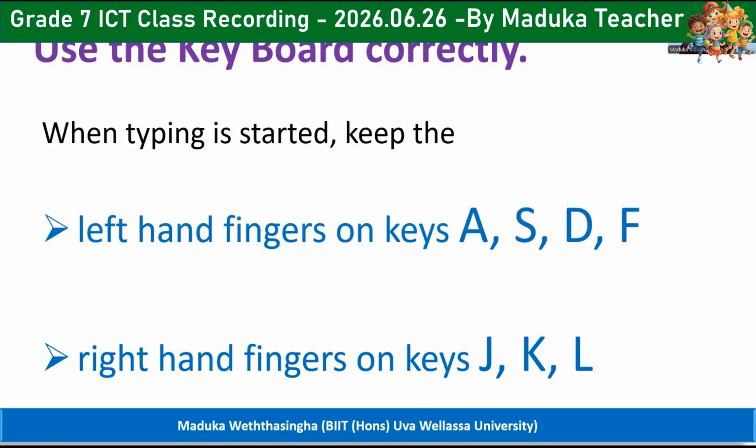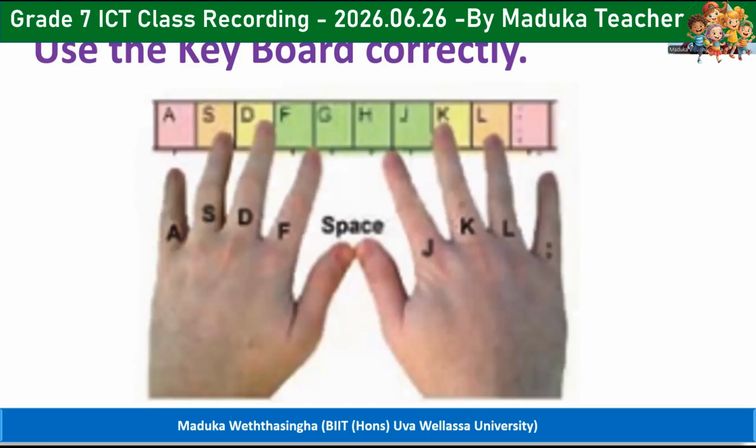We have to keep the left hand fingers starting from A, S, D, F and right hand fingers on keys J, K, L. Right? J, K, L. So let's see this picture. So we call this row the home row. See,